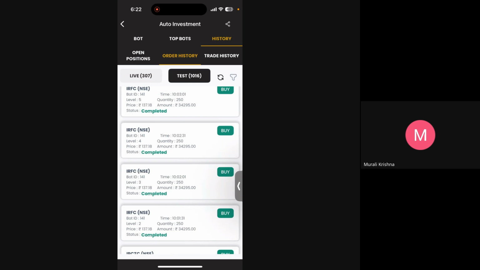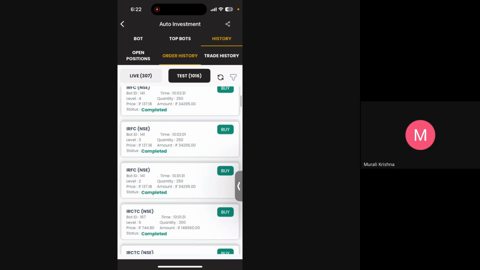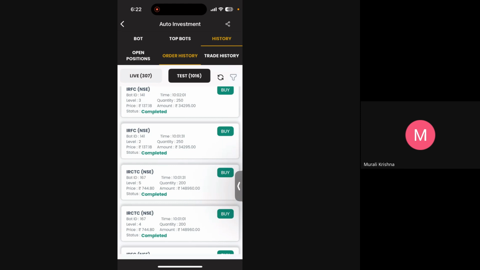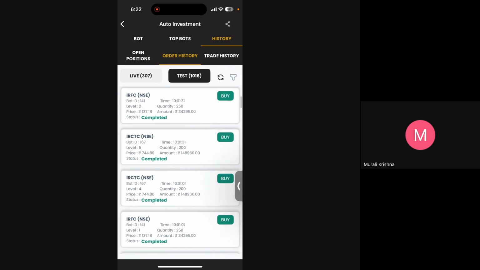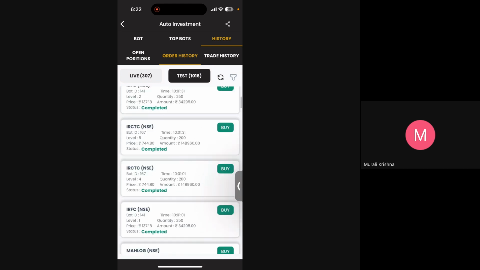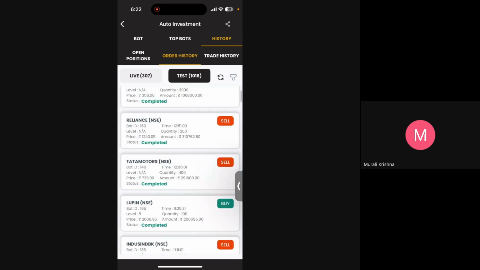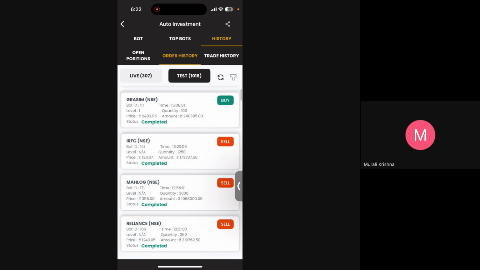As it was 0.5%, at 10:02, it accumulated at 137.18, and at 10:01, 31 seconds. You can just see it. And IRFC also here, you can just see it. 250, 250, it accumulated and sold here. IRFC at what rate? It sold all 1,250 shares at